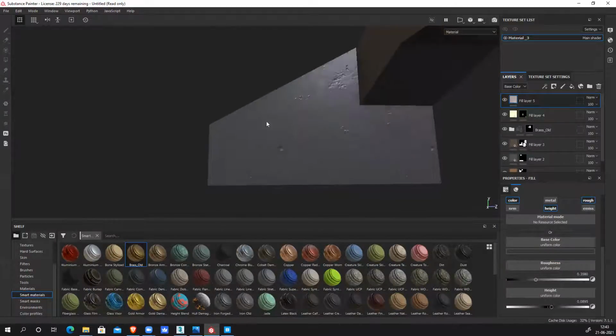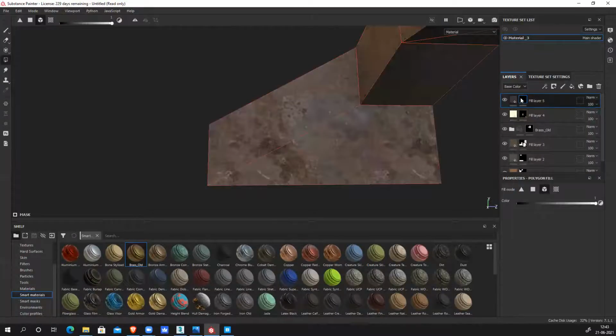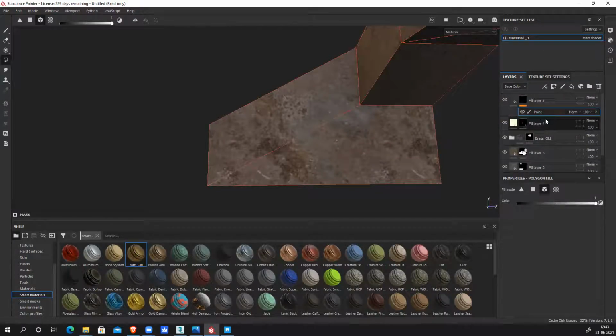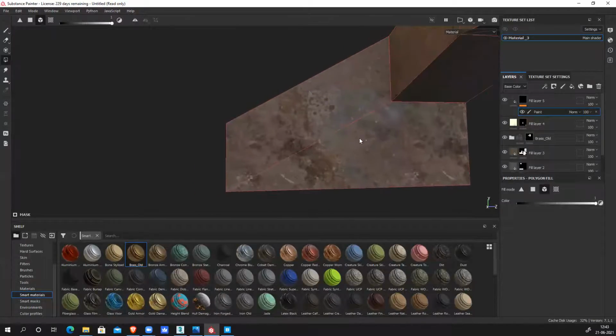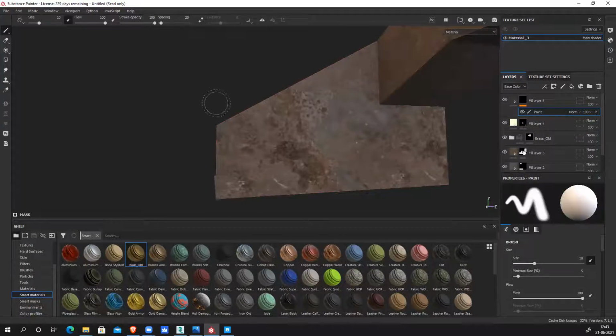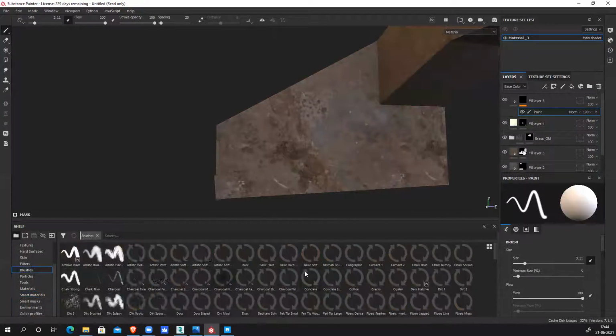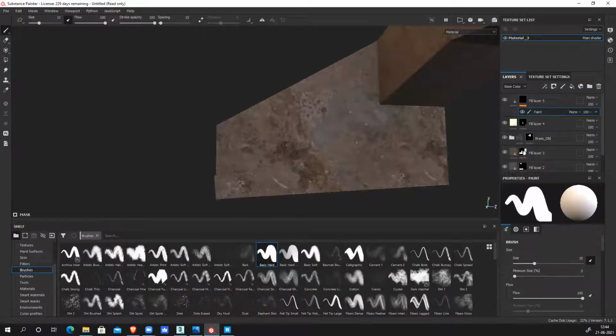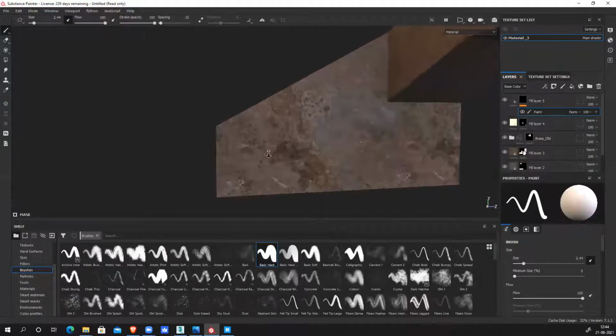Now I need to create that continuous line. Right click, black mask, right click, paint this time, because I don't want to modify the main one. I want to modify it in a constructive way. Now go to paint, and go to brush. You can select a hard brush, basic hard brush, and let's start painting. Click wherever you want to create this.